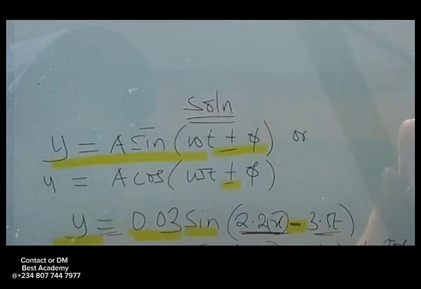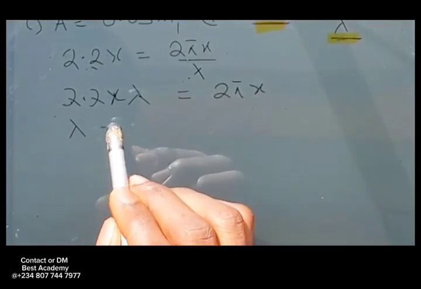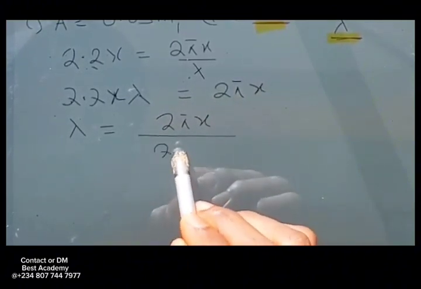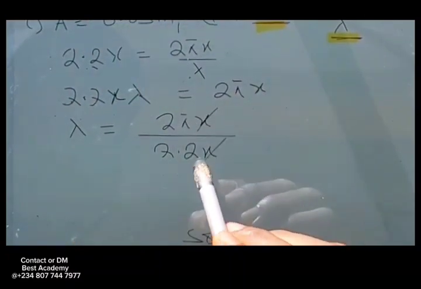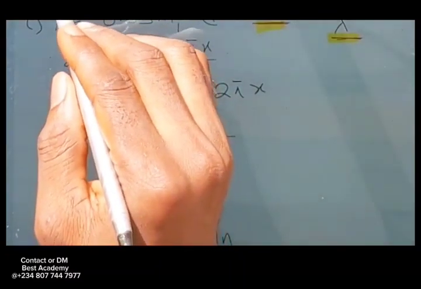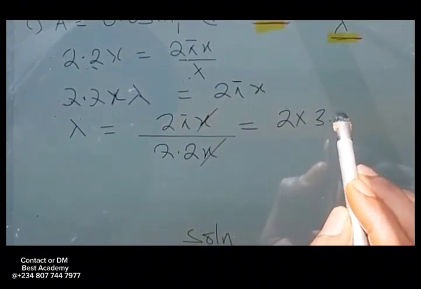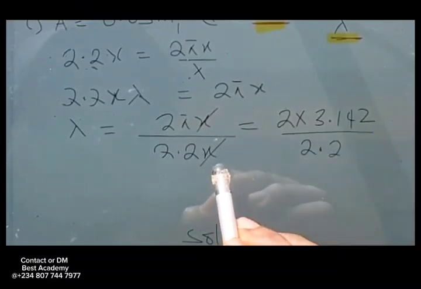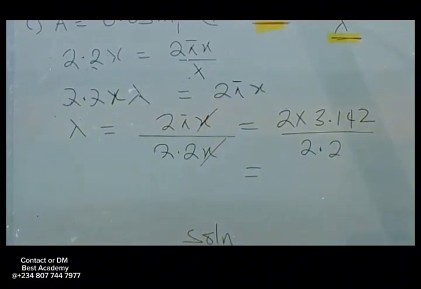Calculating lambda only, lambda will be equal to 2 pi s over 2.2 s. So we cancel the s, and we have our expression equal to 2 times 3.142 over 2.2. Now on the calculator, our value is going to be